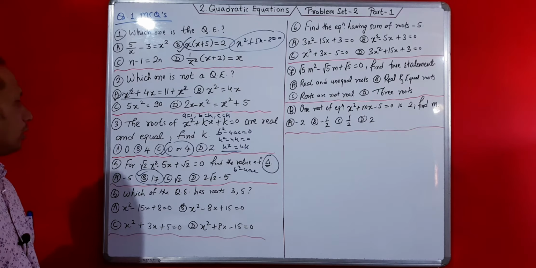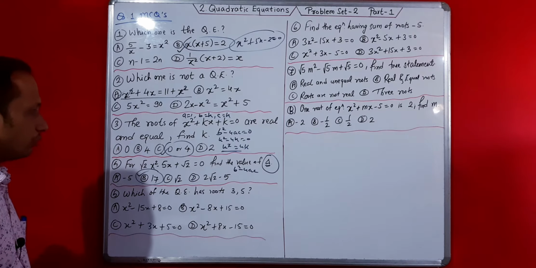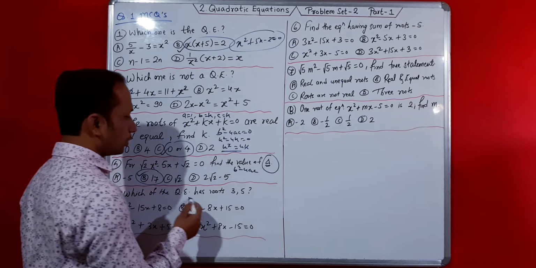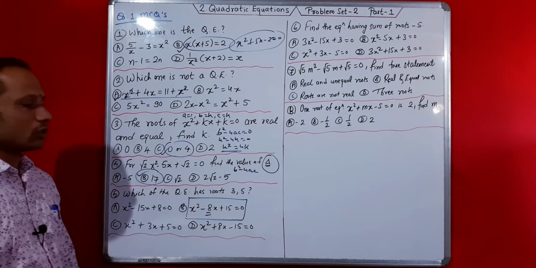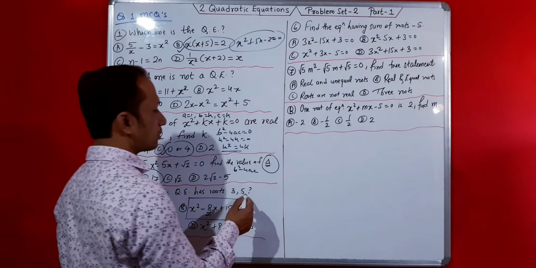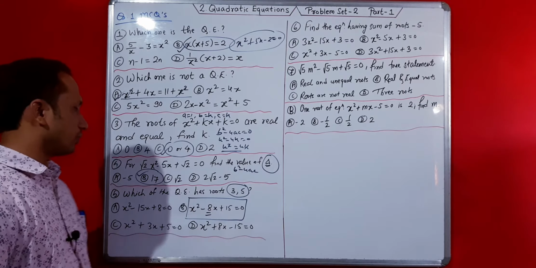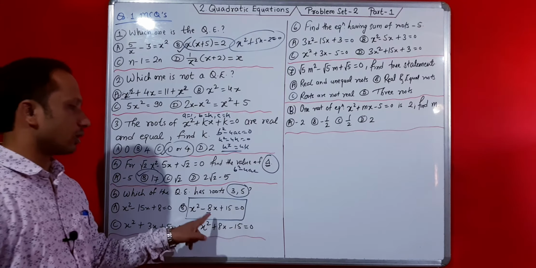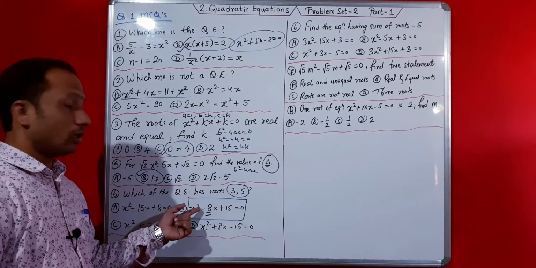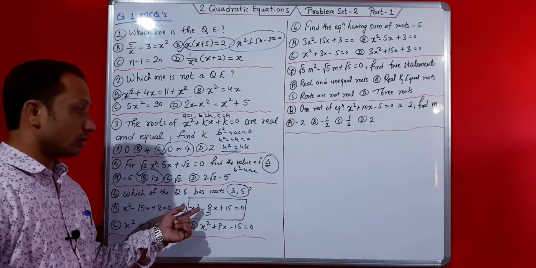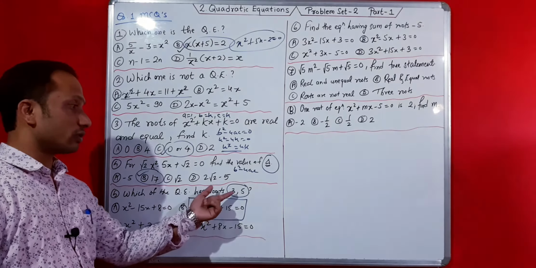Okay, now which of the quadratic equations has roots 3 and 5? Obviously, if you do this calculation, that number should be minus. So minus 8 should be there. Are you looking for minus 8? Because minus 3 minus 5 you will get minus 8, this is the sum of roots. So this is the correct solution: x square minus 8x plus 15. Rest, see, minus 15, plus 3, plus 8, we want the minus 8. This is a common question, you have to solve it by your common sense. Okay, x square minus 3x minus 5x plus 15 is equal to 0. You will get x minus 3, x minus 5. So the roots are 3 and 5.